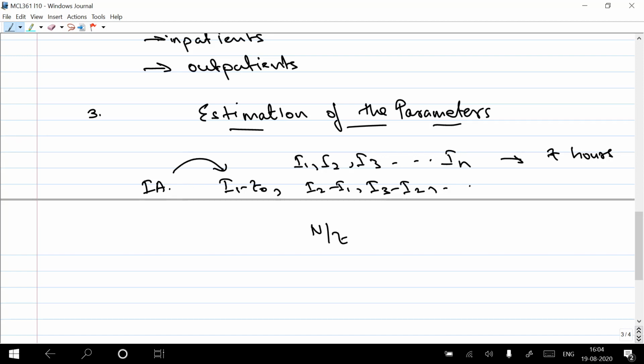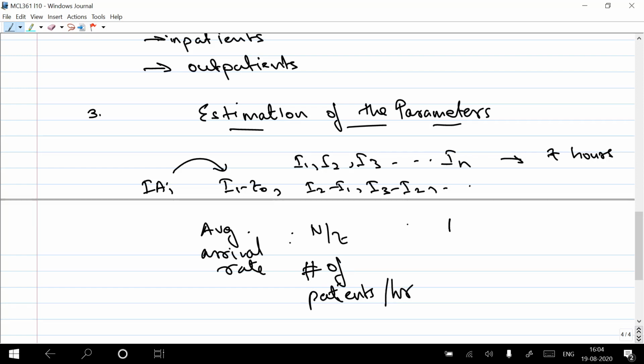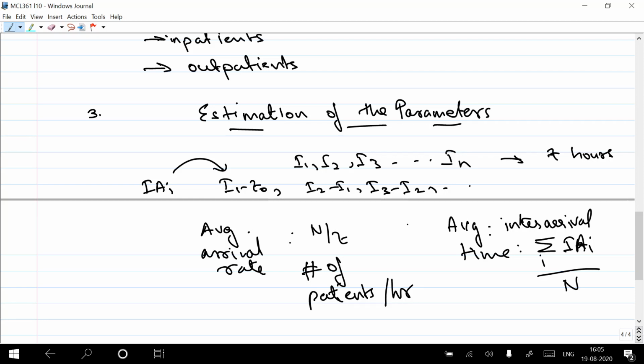Let's say each one of these is I1, right? So the average interarrival time. This will be your average arrival rate, which is the number of patients per hour. Then you have an average interarrival time, which is going to be the sum of I divided by n, right? So for example, okay, now,